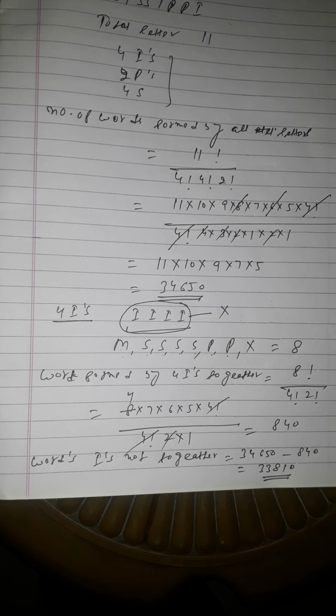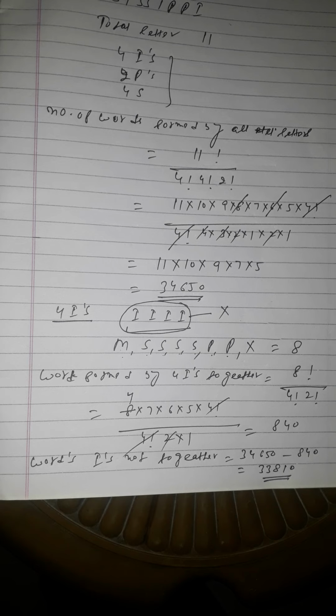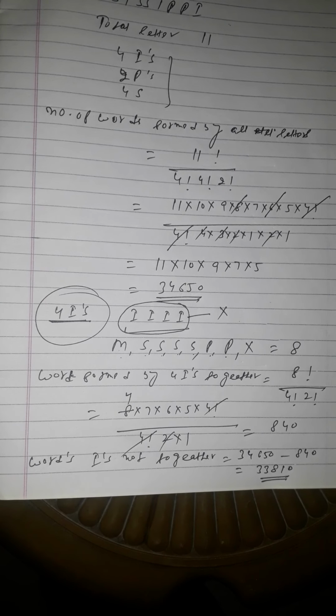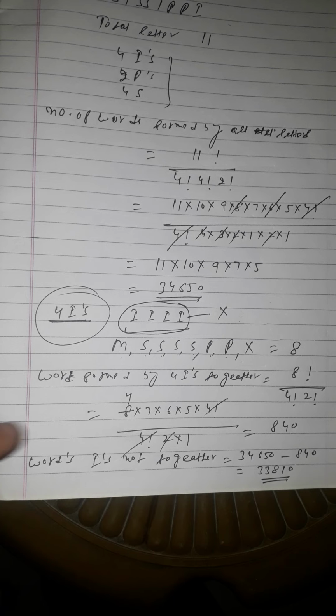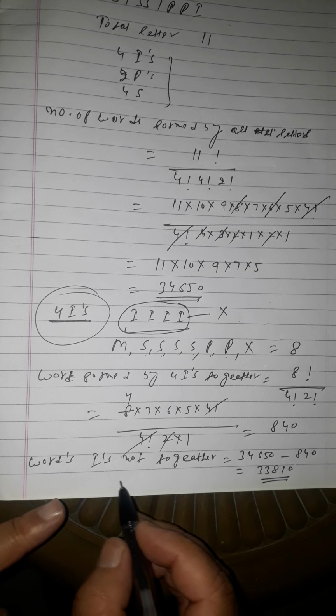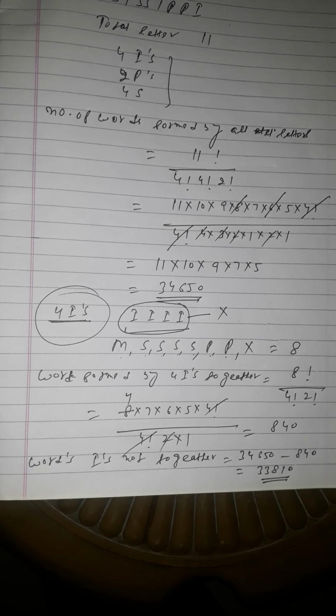क्या किया हम इस क्वेश्चन में, पहले हमने नंबर ऑफ द वर्ड्स जो हैं वो पूरे लेटर्स जितने भी हमारे 11 लेटर्स थे उसके लिए फाइंड आउट कर लिए। फिर यहाँ पे दूसरे केस में बच्चों मैंने क्या किया, 4 आइज़ के लिए 4 आइज़ कमिंग टुगेदर उसके लिए निकाल लिया। अब हमने 4 आइज नॉट कमिंग टुगेदर के लिए निकालना है, नॉट टुगेदर के लिए अगर निकालना है तो टोटल लेटर्स में से जो नंबर ऑफ़ द वर्ड्स बन रहे थे जिसमें 4 आइज जो हैं वो देयर कमिंग टुगेदर, वो माइनस कर दिया और आपका जो आंसर है बच्चों यहाँ से बन गया 33810। दिस इज़ द आंसर ऑफ दिस क्वेश्चन।